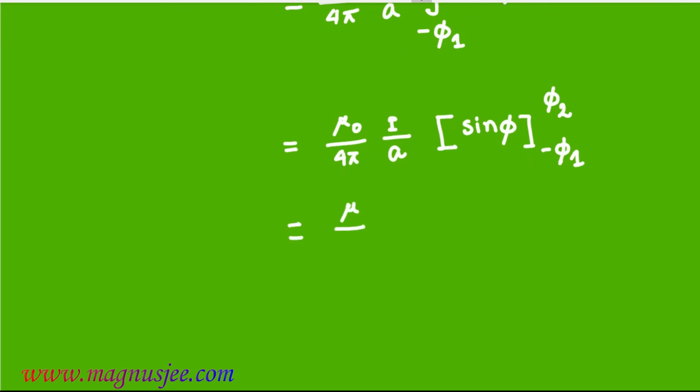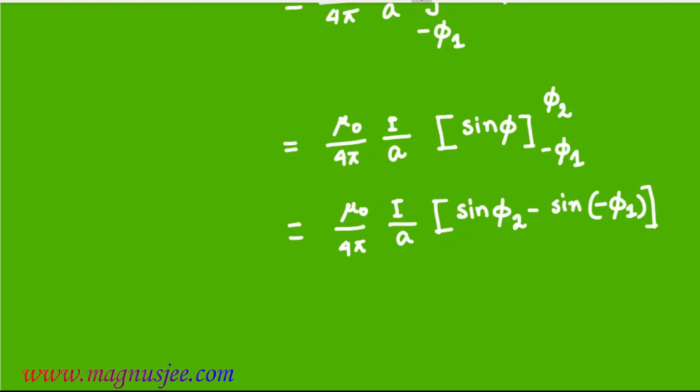Equal to mu 0 by 4 pi I by A, sin phi 2, putting the upper limit and lower limit, minus sin of minus phi 1, bracket closed. So we know that sin of minus phi 1 is minus sin phi 1. So finally we get B equal to mu 0 by 4 pi I by A